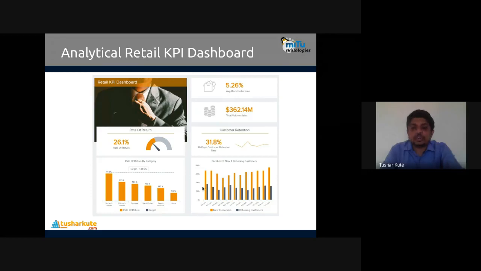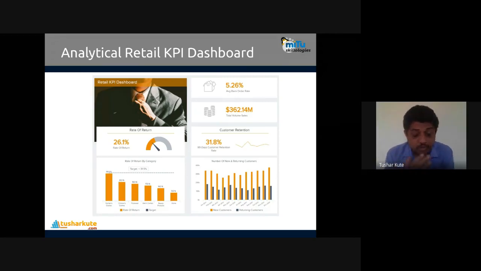Okay, so new customers are this orange one, and returning customers are the blue one. The orange customers are the customers who came for the first time, and the blue ones are those who came for the second time or more. That's what we can see. So all the retail information can be seen from the KPI format. In this way, the dashboard will show you all these things in summary by this particular method.